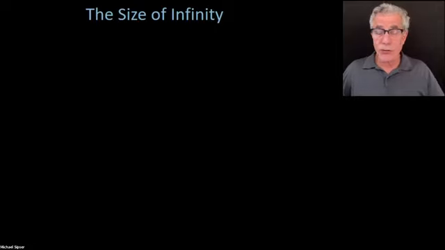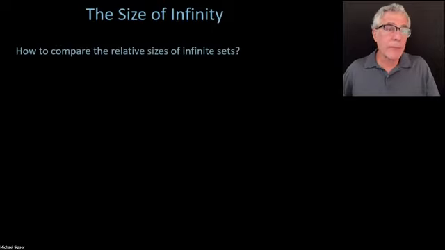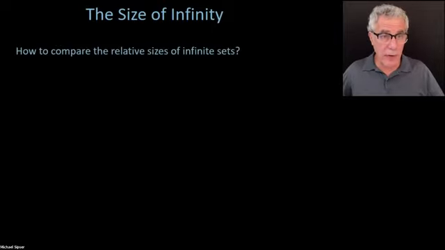To introduce the diagonalization method, I'm going to make a bit of a digression into a branch of mathematics called set theory, or it's a part of mathematical logic, where the method of diagonalization was first conceived of back in the late 19th century by a mathematician called Georg Cantor. And Cantor was considering the problem of how do you compare the relative sizes of infinite sets. You know, for finite sets,